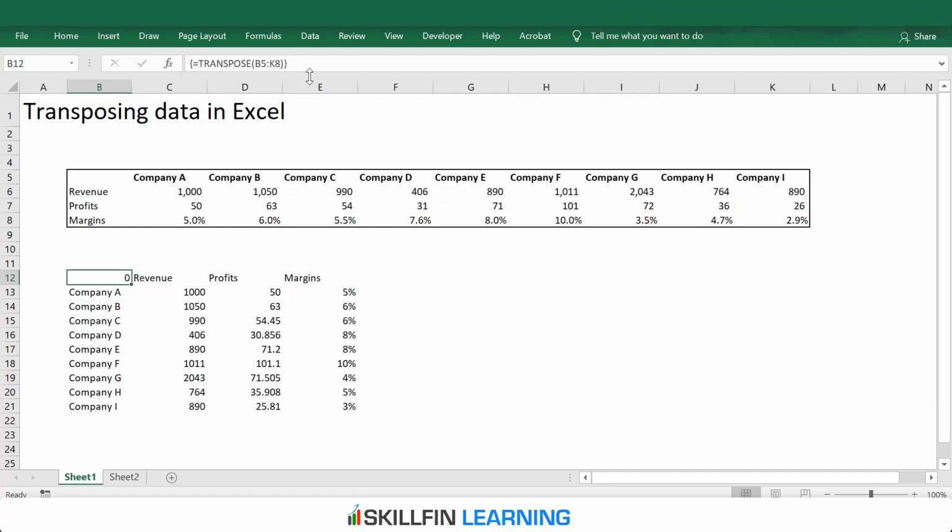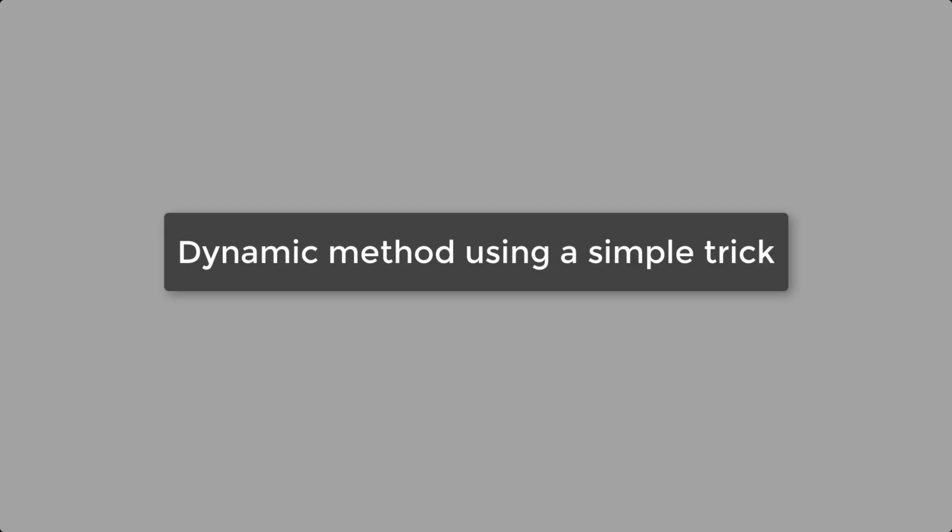So this is how we can use the TRANSPOSE function to transpose the data from a horizontal format to a vertical format and vice versa. The advantage of this method is that if there is a change in data, for example, if I change the revenues for company A from 1000 to 500, the data in the table gets updated automatically.